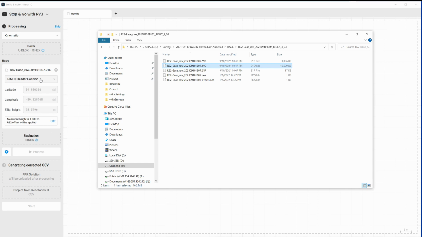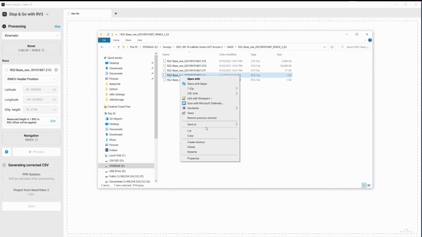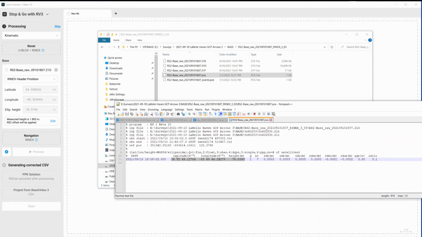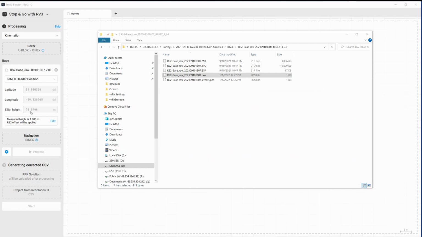It is not going to be accurate. So what we need to do is we are going to use the PPK coordinates. Again, one option that I hope will be available in the future is that Emlid Studio will recognize if there is a position file and it only has 1 point, which means it is from a static observation. As we see here, just the 1 point, and here's the PPK data, that it will actually read that and populate the information here